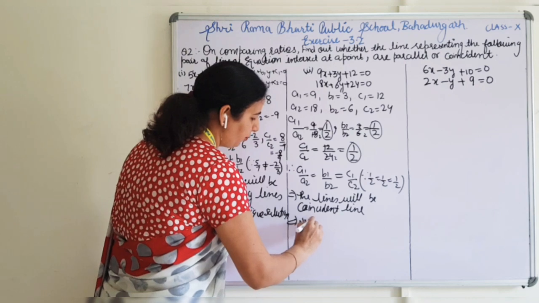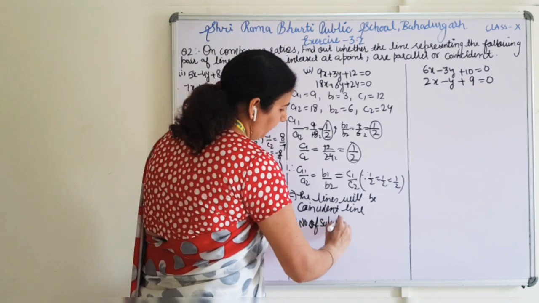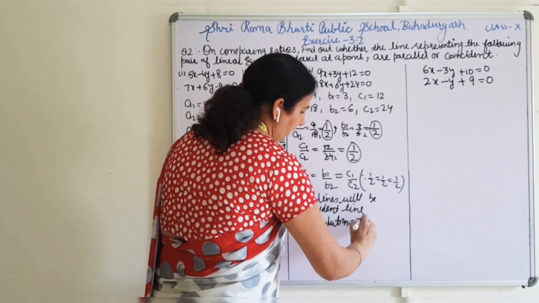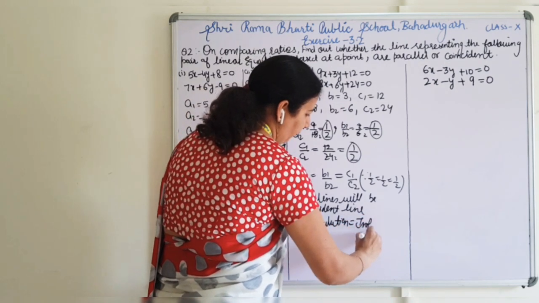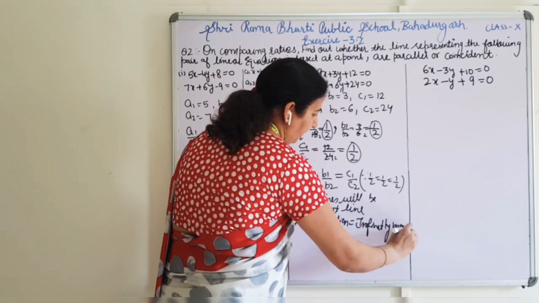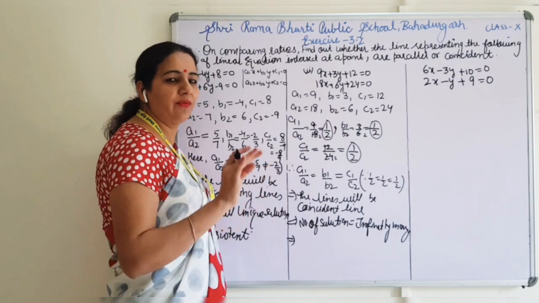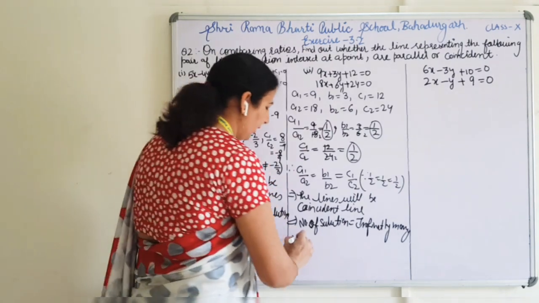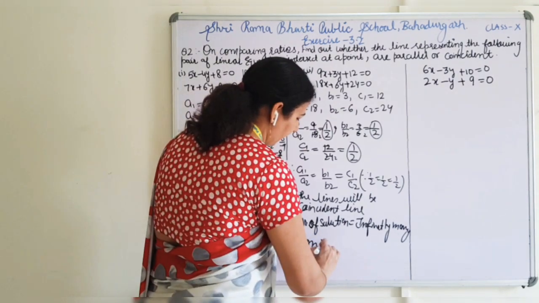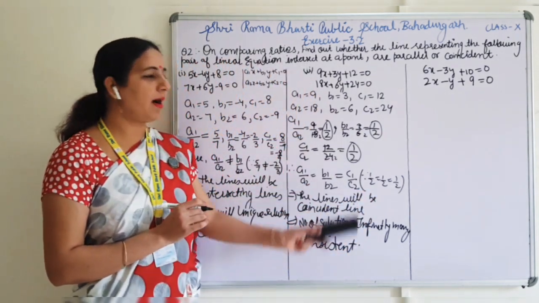Number of solutions will be infinitely many. And the third part, they can also ask about the system. If we have solution 1 or infinite, it doesn't matter, then it will be consistent. Consistent. This is all about part number 2.